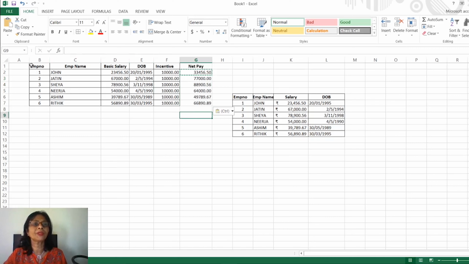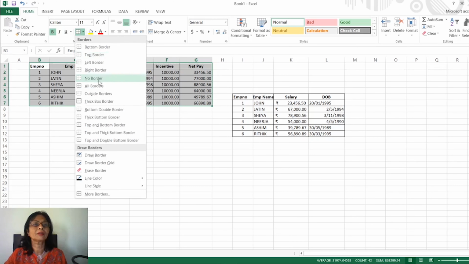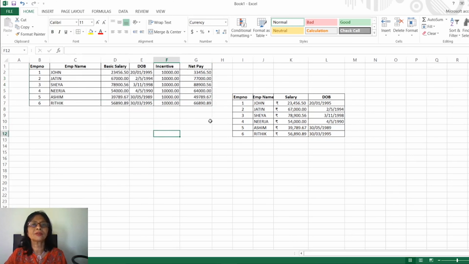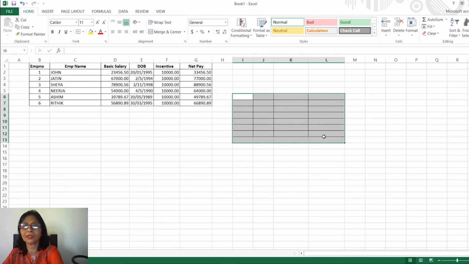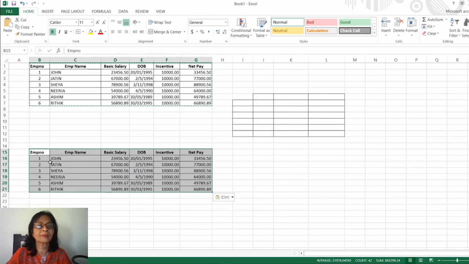Now we will make the whole border, all borders, so it will come like this. Now I have deleted this one, all the values have gone. Then I select the whole values, right click and copy it, and anywhere on the cell press Ctrl V, and it will come here.